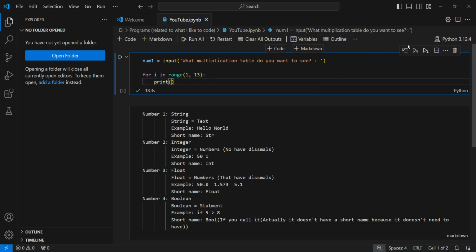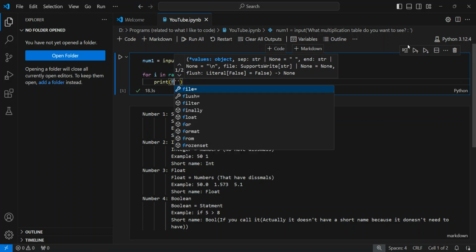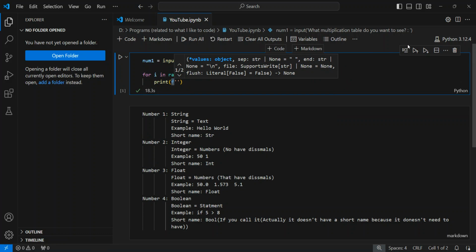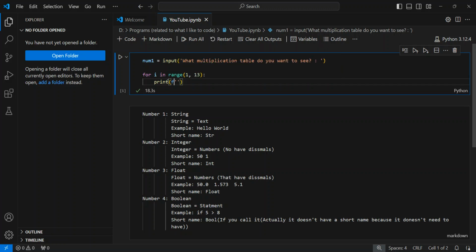So we will need to print. Okay, let's get the F. So the F doesn't stand for the F word anyway. It stands for function. Okay. And let's see. So we will need to set the value. Like you're doing times multiplication. Okay? It would be like